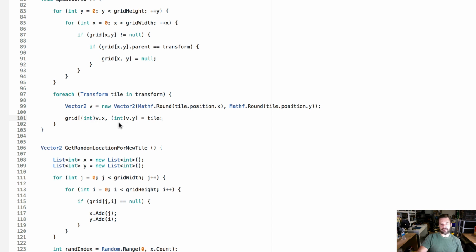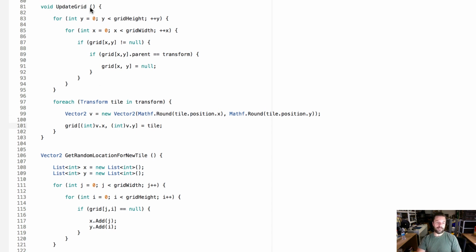The reason that we have to cast integers to these is because the Vector2 returns floating point variables as the properties for the coordinates. So x and y are actually floats, and the grid array uses indexes, which have to be integers in order to specify where in the array you need to store or access information. So we have to cast those as integers, which is fine because we've rounded up, so we have whole integers to work with to begin with. But we do have to tell it that those are integers. Anyways,